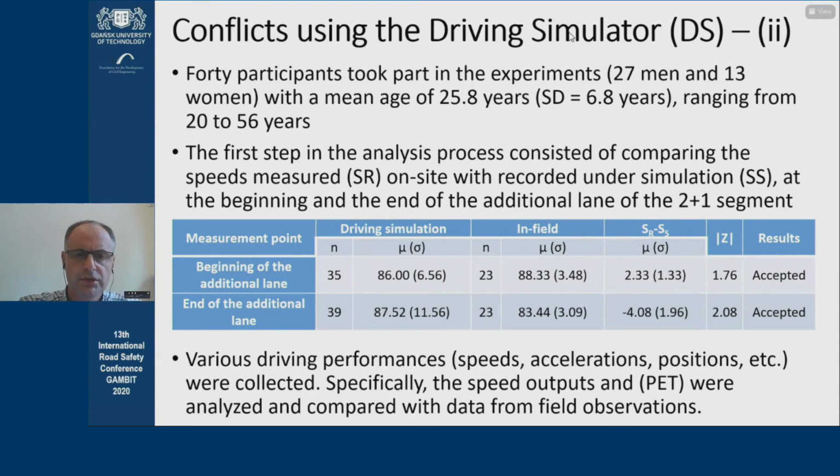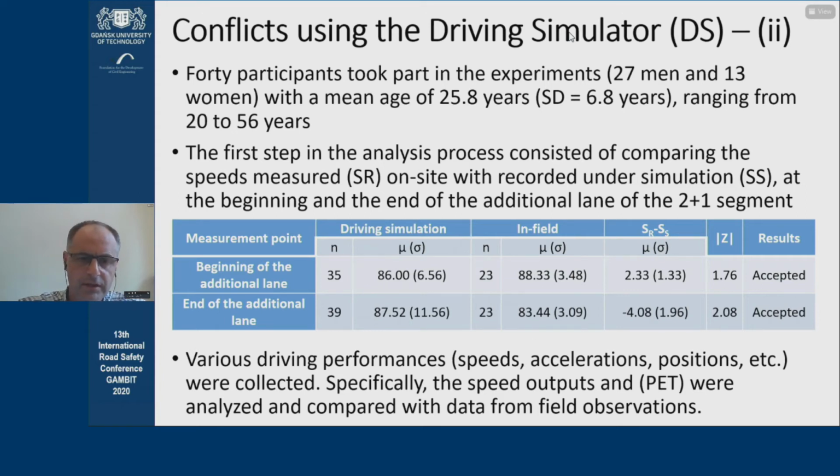Based on that, we conducted tests involving 40 people. The age average is pretty low, 26. That's because we had a number of students. A downside of the study is that this was done in Italy, where 2+1 cross-sections aren't very popular. But everything was recreated, and the same people drove across it several times, and so they were getting accustomed to